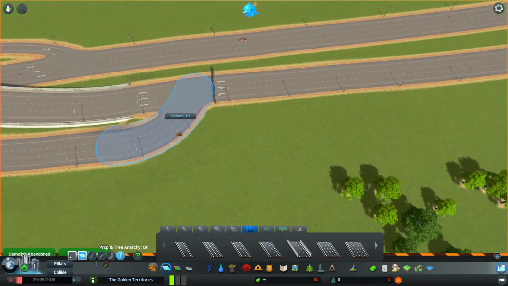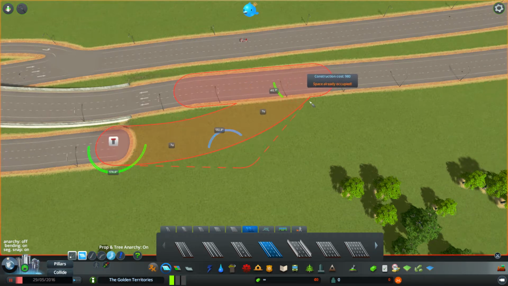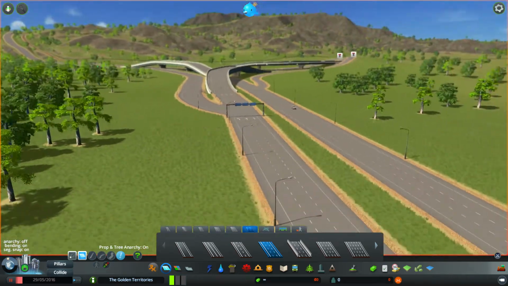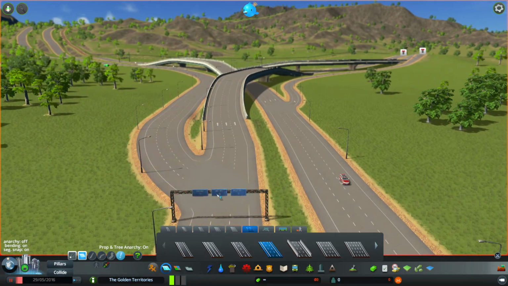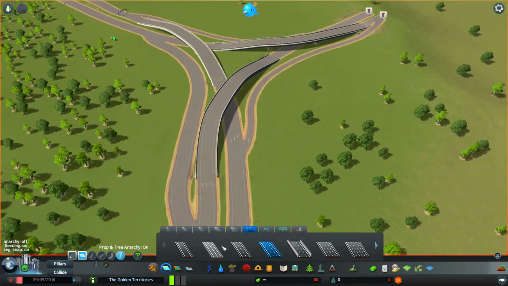That is a very sharp connection, and that needs fixing. But, hey, how does that look? If we flip that round. If I was driving along, I could definitely make that. Yeah, that's something that I can do. So I like that. So let's go ahead and do that to